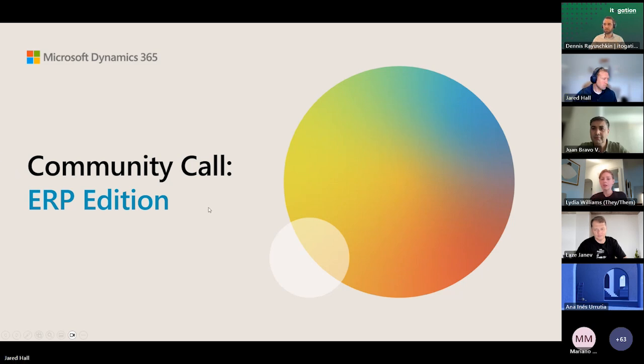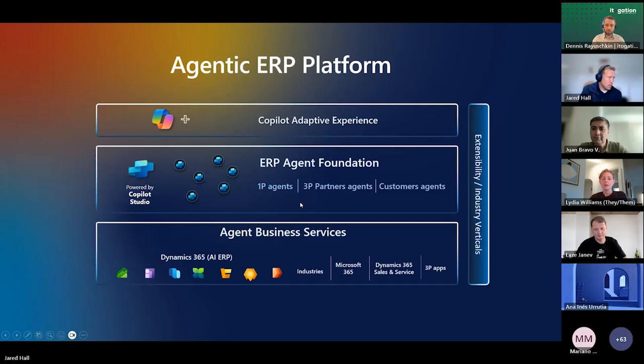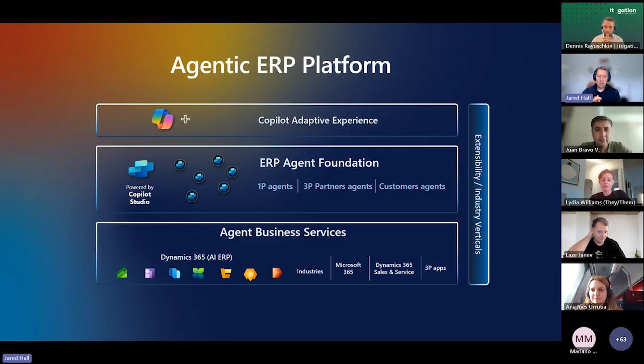So we'll start off by talking about the Agentic ERP platform and setting the stage of the tools and abilities that you have to extend and customize AI experiences using the data and business logic of your business applications. And that last point is key, that AI is awesome. Large language models are fantastic, they're powerful, and they've really set a revolution of technology over the last few years, building out scenarios that we couldn't automate before, things that we couldn't do because large language models trained on language are really good at understanding human communication.